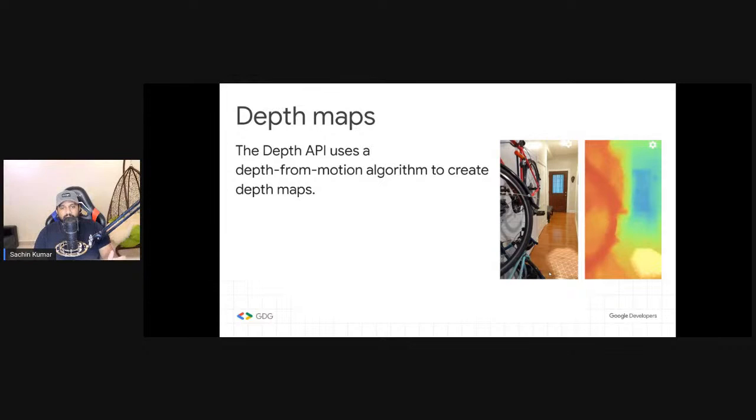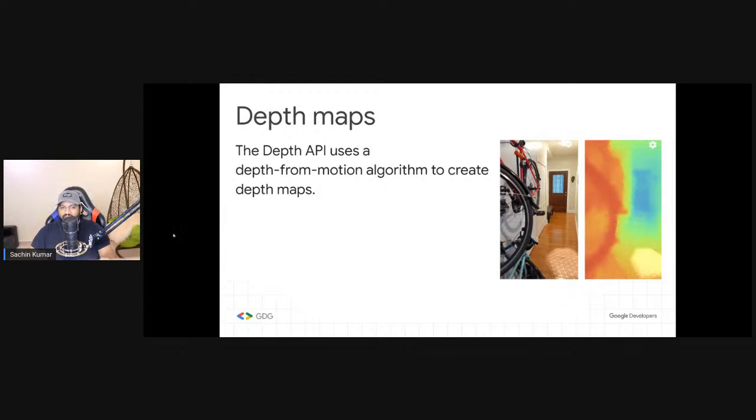So with the Depth API, there are a few different concepts here. The next one is depth maps. The Depth API uses a depth-from-motion algorithm to create depth maps. What this means is it takes a lot of these images together, stitches them, and then runs an algorithm to understand that these are the areas that have a certain depth. You can see an infrared kind of image on the right-hand side, showcasing the depth